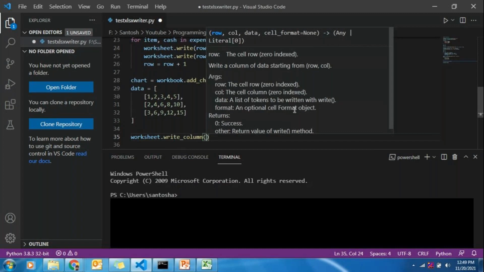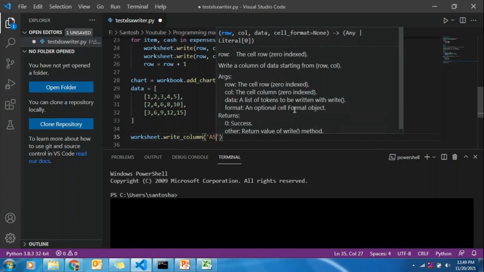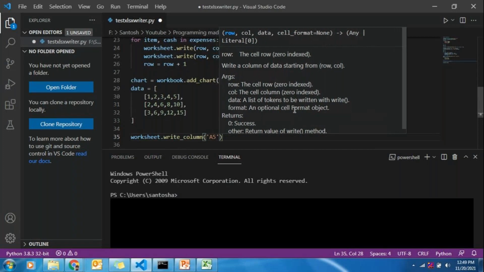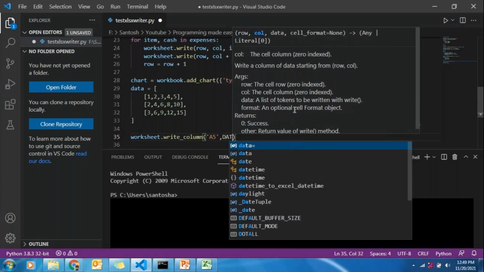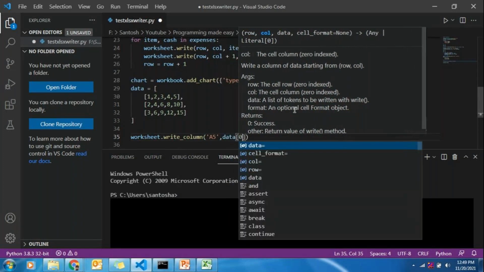So here I will start my column with A5 because already I have written some data before, and the value will be data of 0.